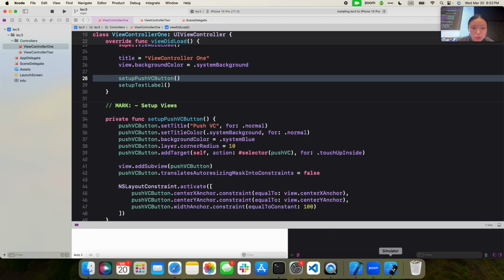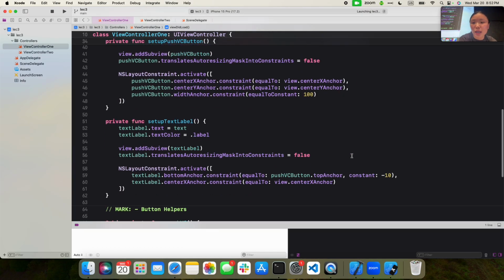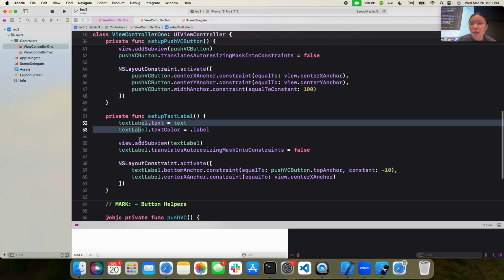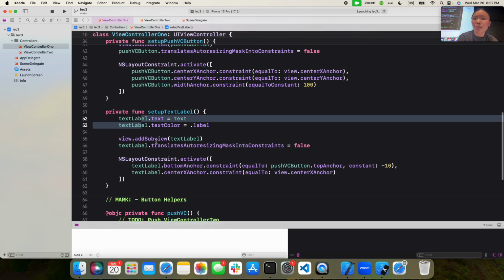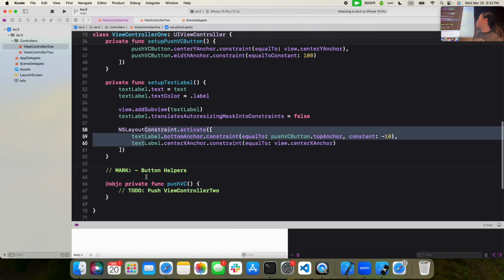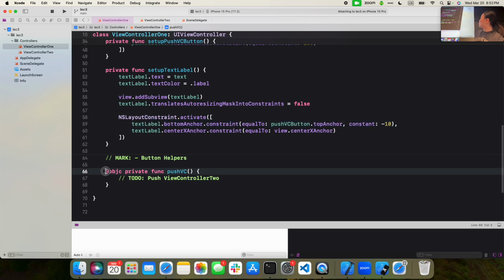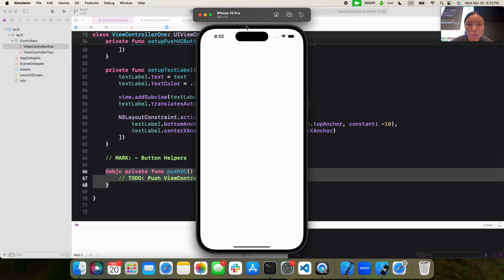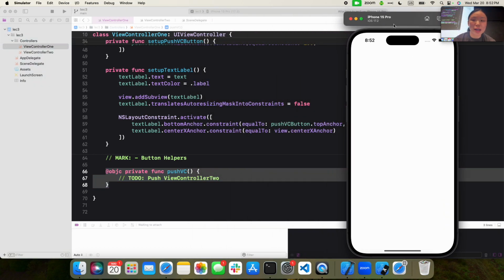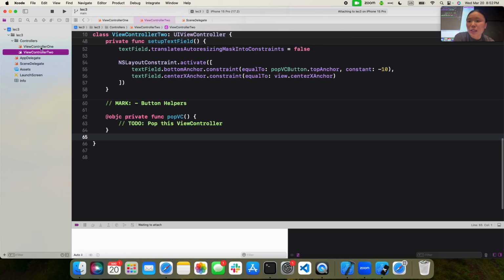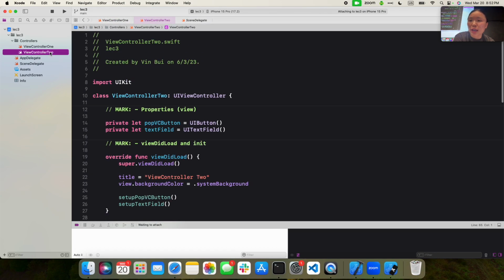Okay, let me pull up the simulator. A second, and then similarly with the text label, you also have the same type of setup. You give it text, you give it a text color, you add it to the subview, and then you constrain it to make it appear on the screen. The chunk of what we're going to do here is with this function. If this wants to open, I can show you guys. So we have this first one and we have the second one, right? And the point of today's demo is to show you guys how to make